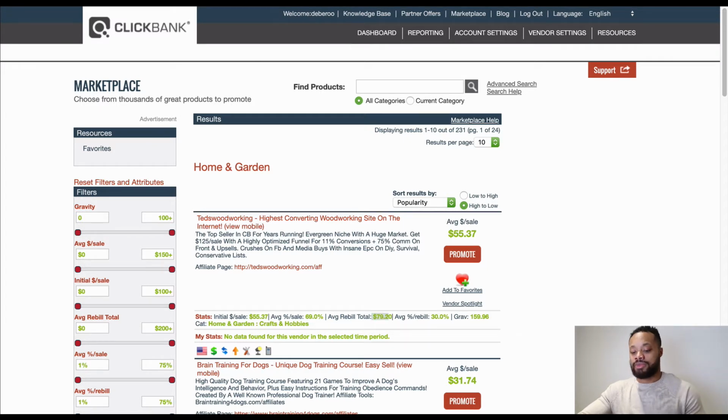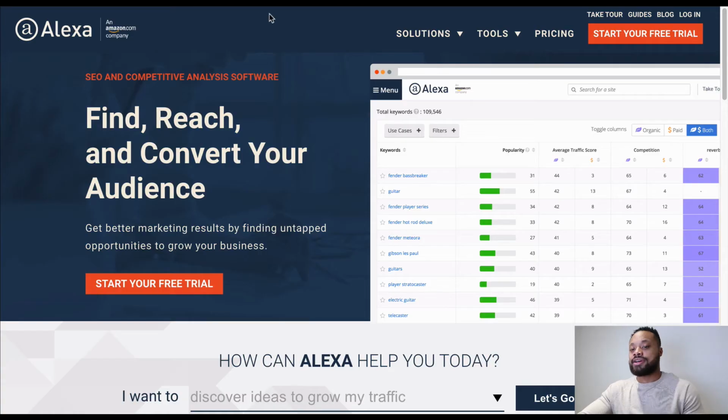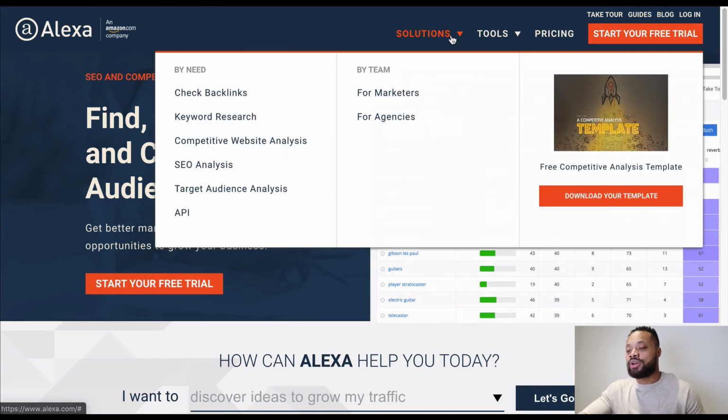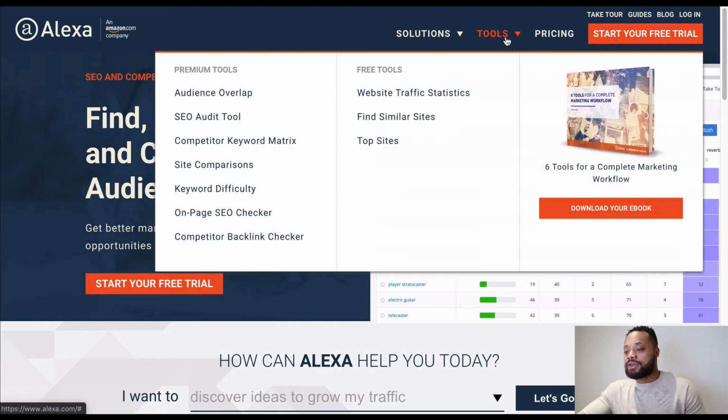So I'm actually going to pull something up on my screen up here. I'm going to pull up Pinterest, and alongside Pinterest, I'd pull up Alexa. Alexa by Amazon is a massive data tool when it comes to figuring out the SEO data related to a website. So how does this website rank in terms of the rest of the world, right? Alexa is really good at that, and it has all these tools for many B2B software. Now, if we go to tools and we go to top sites right here,